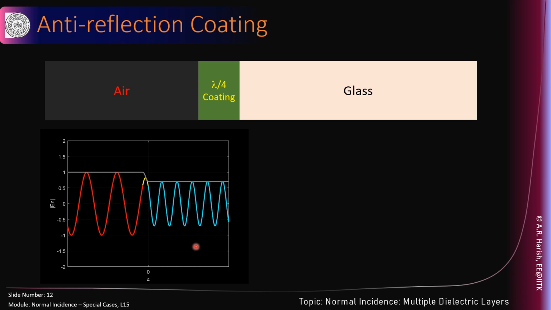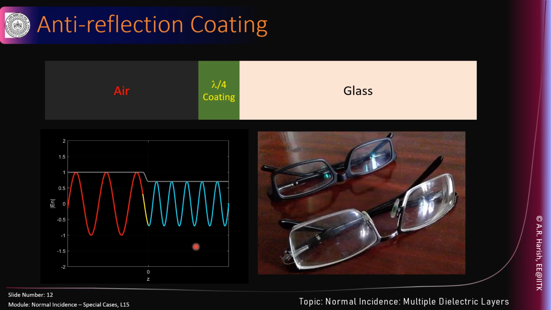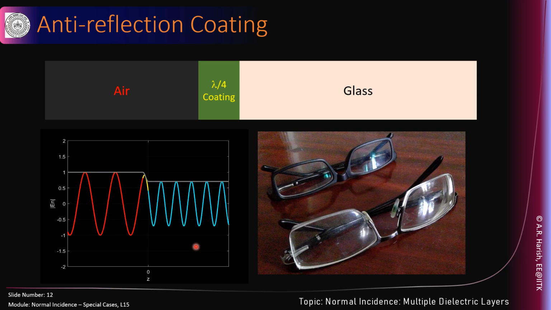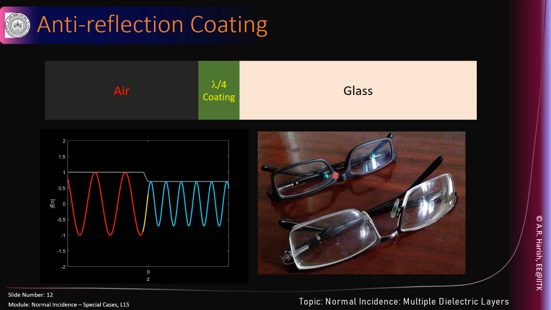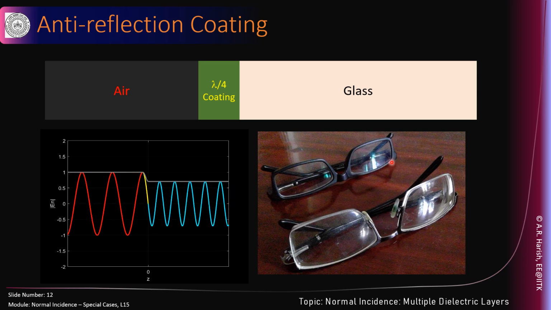Where do we see the application of it? This is a very familiar one. If you have your glasses, and when you look at the reflection on the glass, if you see a bluish, bluish greenish tint, then you know that it has an anti-reflection coating. And this particular pair of glasses has no anti-reflection coating, and therefore you see that the intensity of reflected light is very high, number one, and it is pure white. On the other hand, here it has an anti-reflection coating, therefore the reflected light has a bluish green or cyan